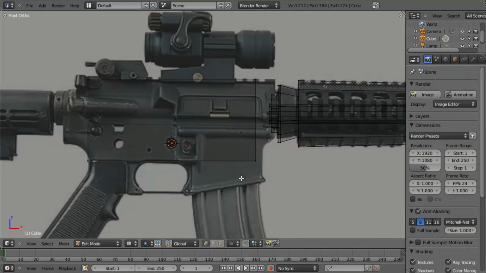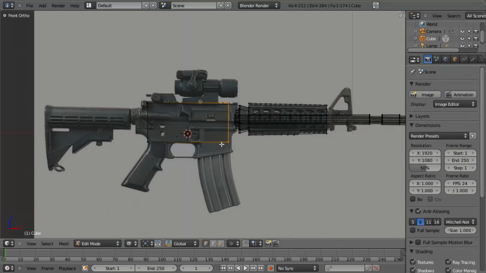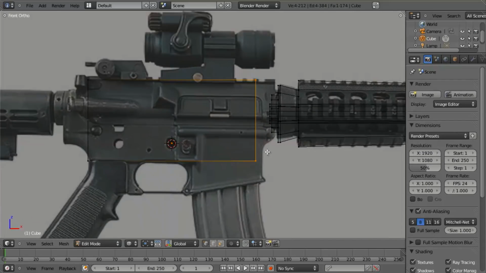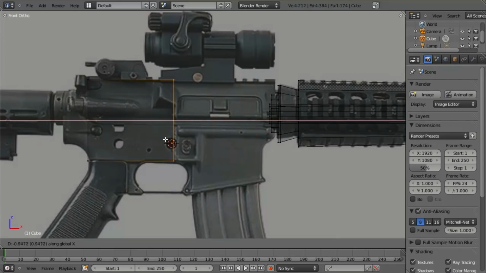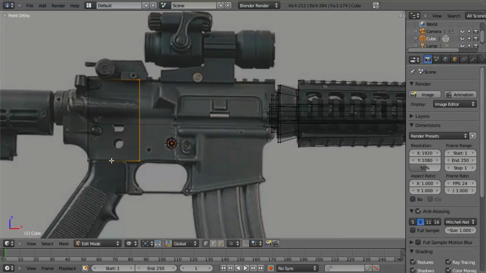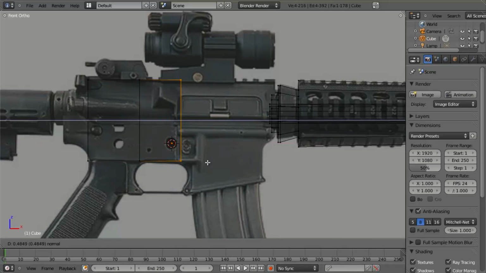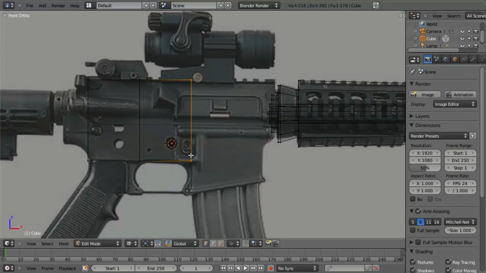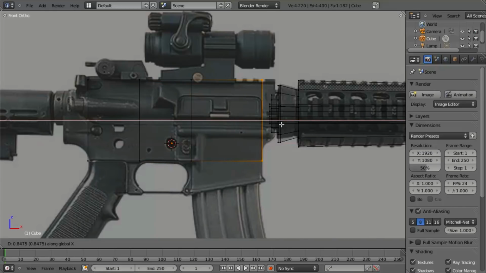Okay, and now what I want to do is block in the basic forms, such as the magazine and the handle here. And so the way that I'm going to do that is by adding in an edge loop, such as by pulling this one back. So I've got one face for the handle to come down, hit E to extrude, take this out along the normal, which in this case is also the x-axis, since it's pointing directly that way. And then using this ridge here as a reference point, I'll then extrude it again, pull it out to there,